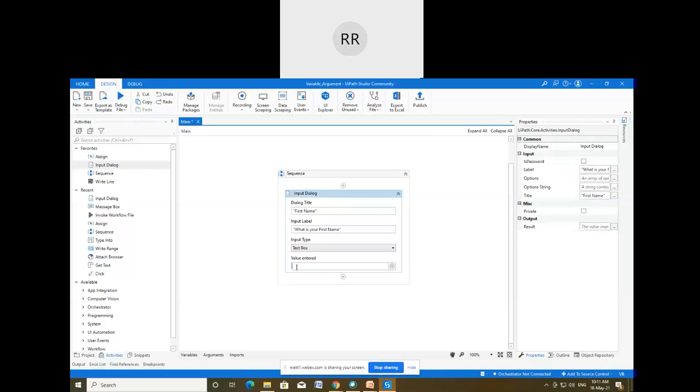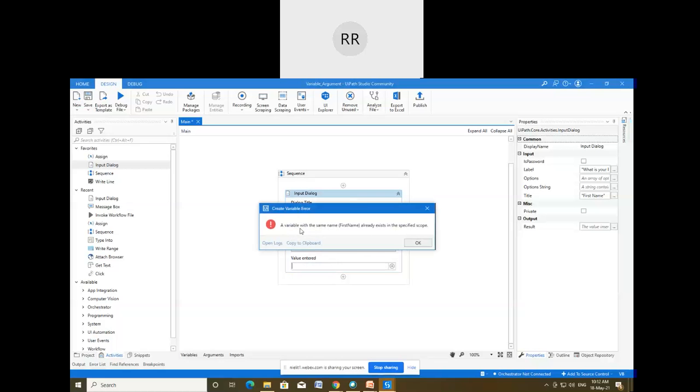Mind here, I'm just putting the cursor here and then pressing Control and K simultaneously on the keyboard. We'll get this option of set variable. Once we get the option of set variable, we can provide the name of that particular variable. Since I'm asking about the first name, I'm going to create the variable with the name first name, and I'm following the naming convention of upper camel case. So I have created this variable. Now I'm going to press enter.